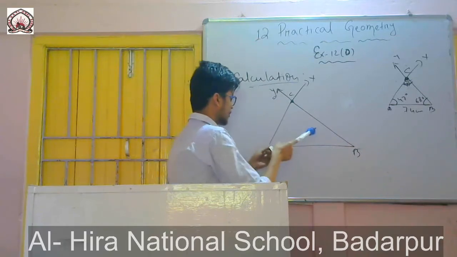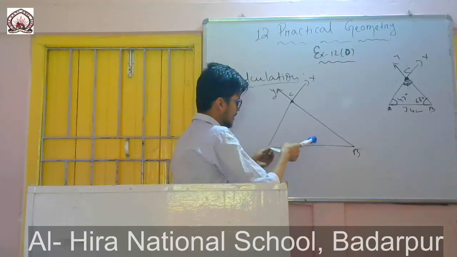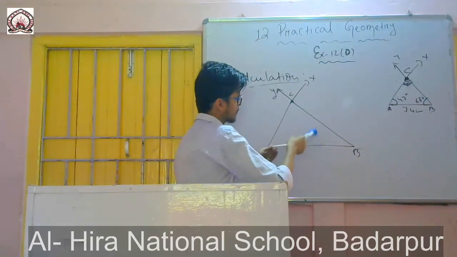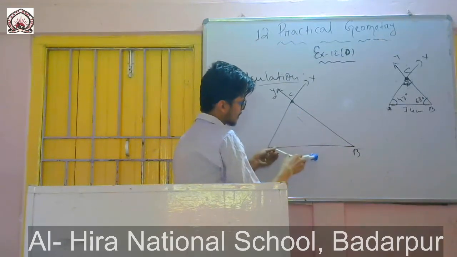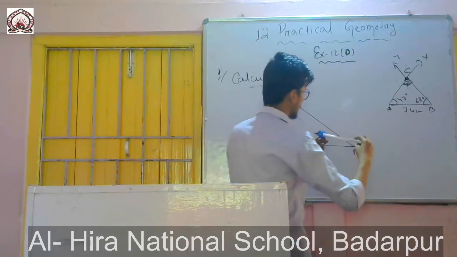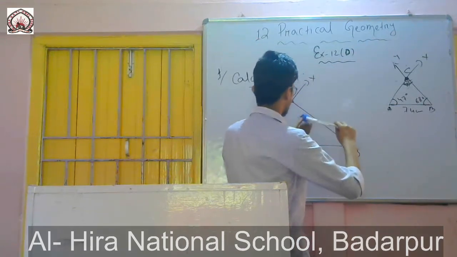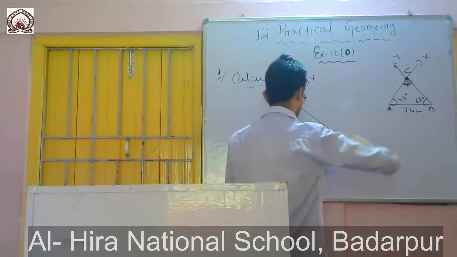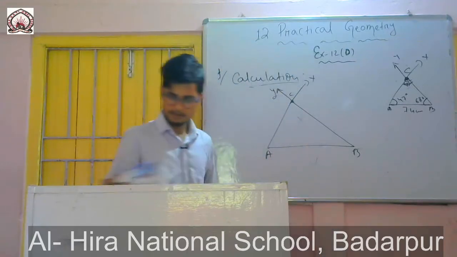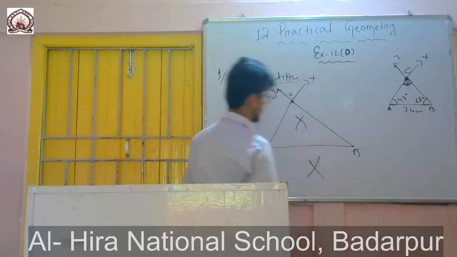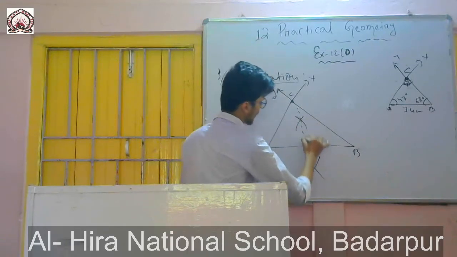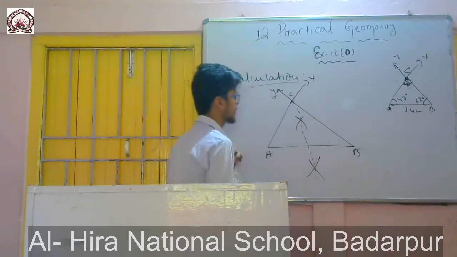So what I will do, I will take this radius a little more than half of this one, and I will give an arc like this. Here also I will give another arc like this. Then again I will put my compass here, and with the same measurement I will cut them. So like this it will be. Then easily, if you join by a dotted line like this, you will get the perpendicular bisector.